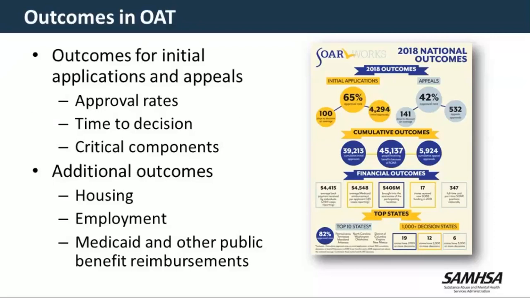I won't spend a lot of time today talking about what those outcomes are, and we're getting ready to gear up into our outcome tracking season right now, our outcome reporting for 2019. But you can see, from this infographic on the screen, the sorts of outcomes that we're able to report on: our approval rates and time to decision, cumulatively how many people we've served over the years, cumulatively how much money has been brought into state and local economies, what states are just doing fantastic or have been doing so many applications. So there's a lot of really great, rich information that we can gather in a free and easy to use system.